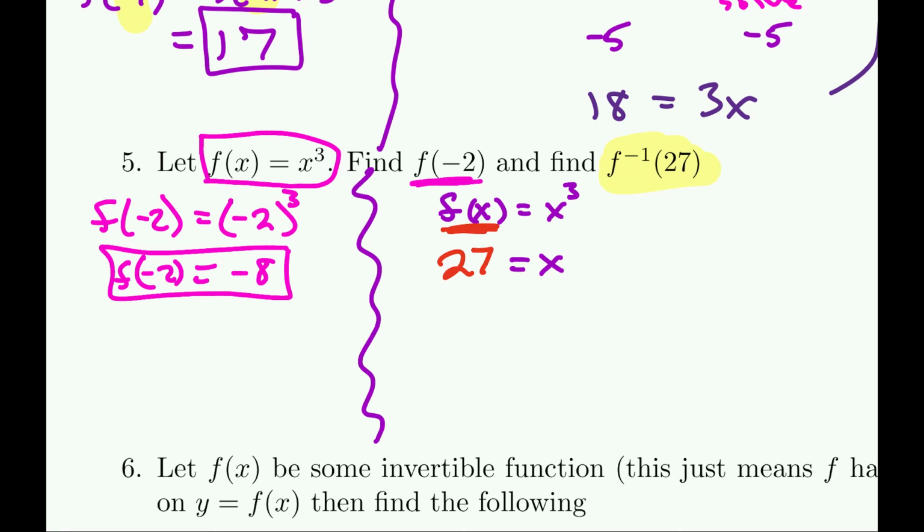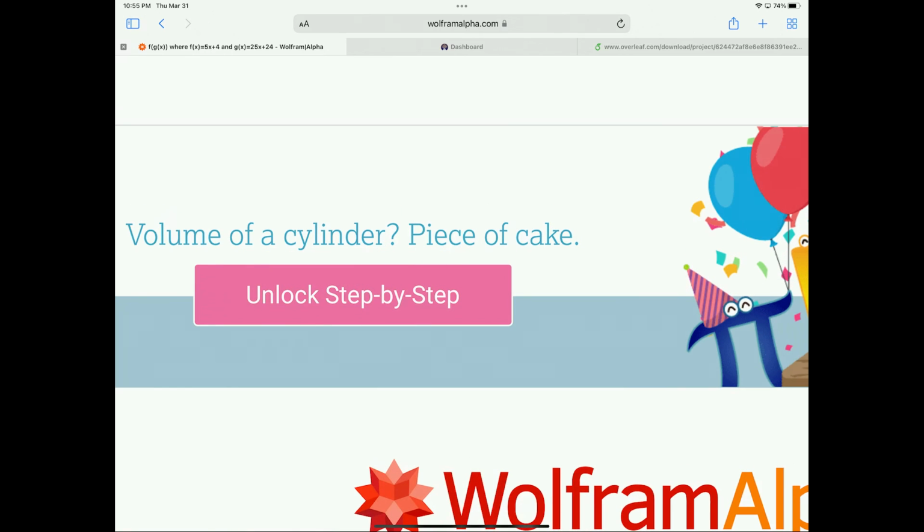Now, then you have to solve, whoa, how'd that erase? Then you have to solve 27 equals x cubed. Now, how do you do that? Well, you're going to have to do a cube root. So you have x cubed equals 27, and what you're going to do is cube root, and then this will be x. And on the left side, you'll have cube root 27, and you'll need to know how to calculate that on a calculator or by hand or on a website like Wolfram Alpha. So let's go Wolfram Alpha.